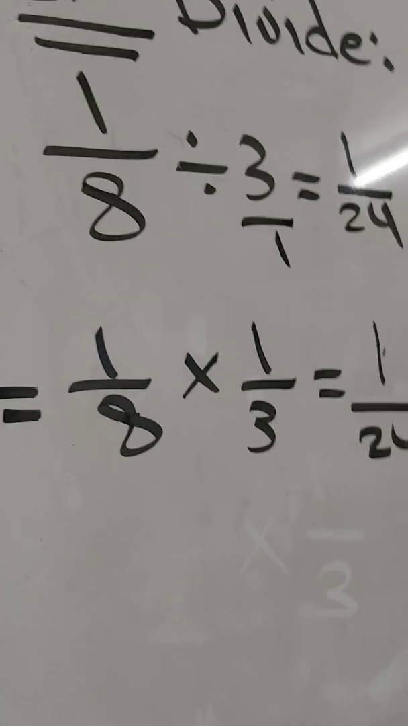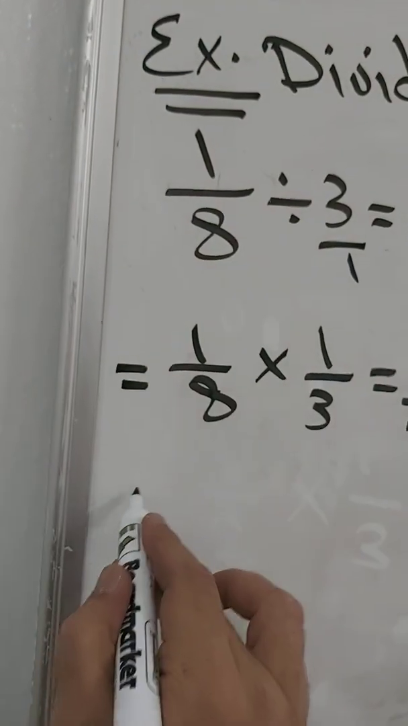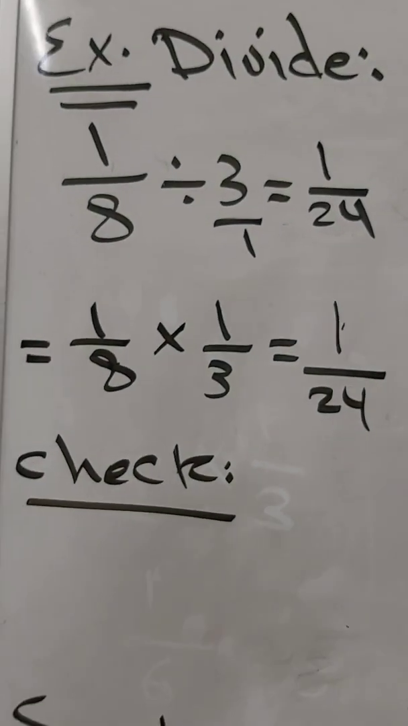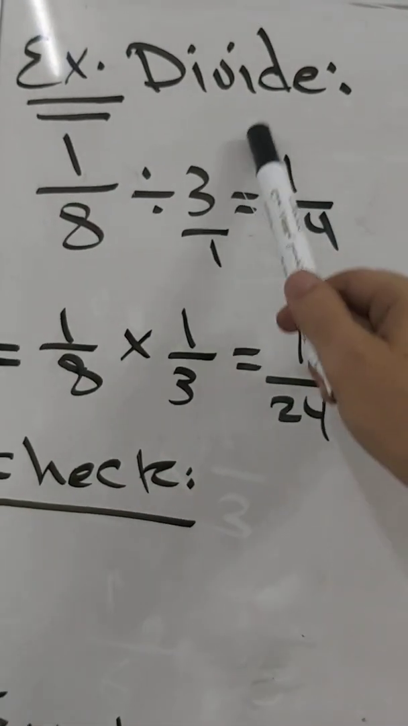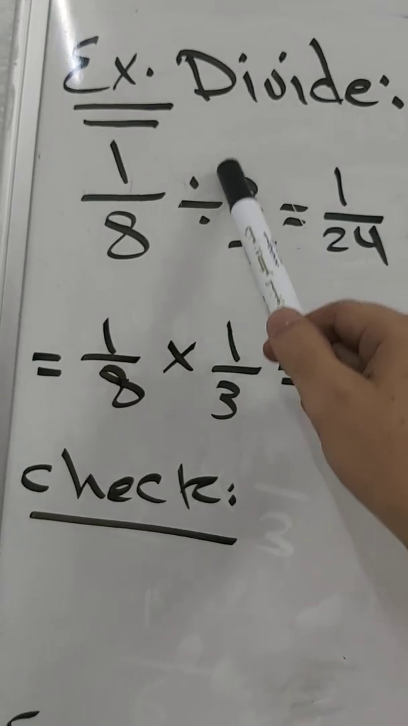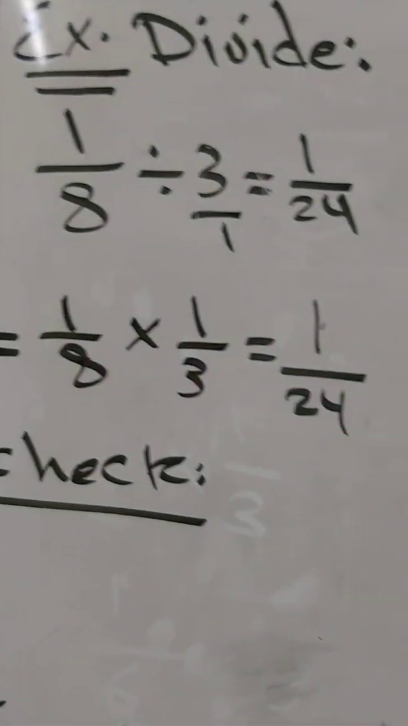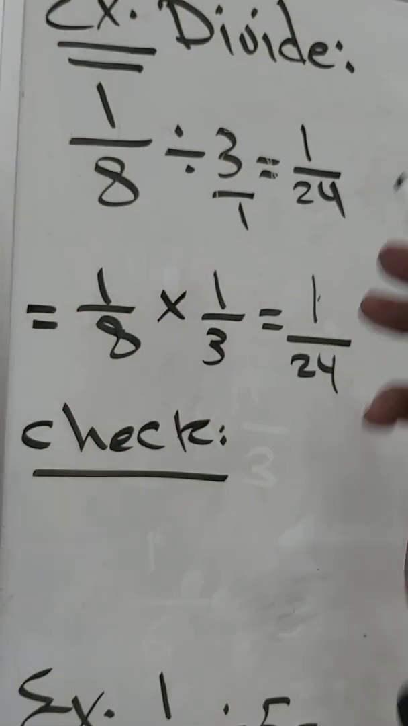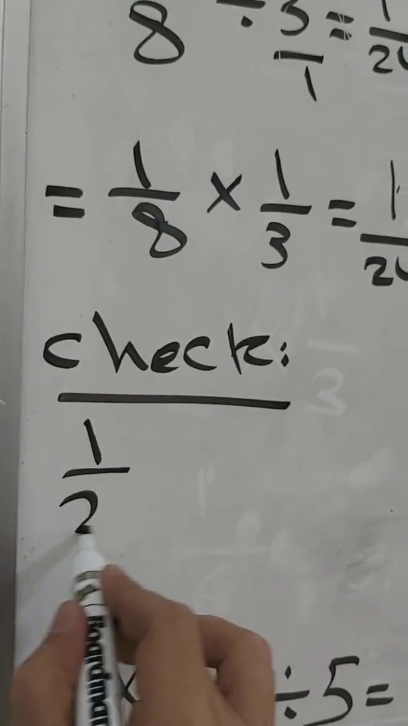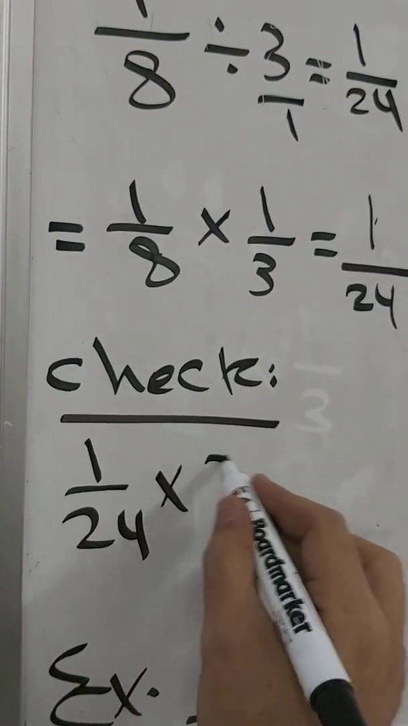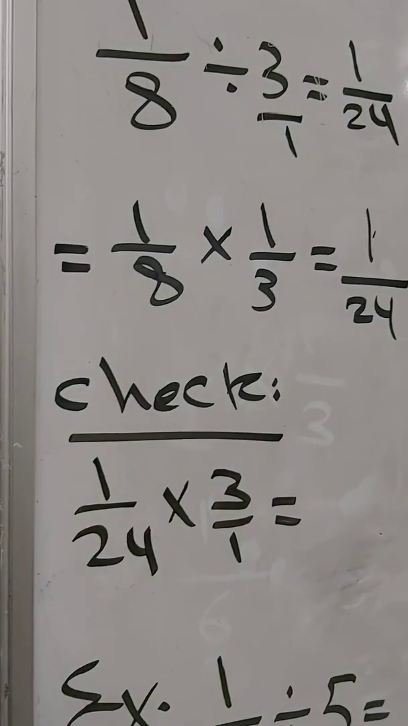Now, to check our answer, guys, what we do in the division, we multiply the quotient, this we call the quotient, by the divisor, and the answer should be the dividend. So let's multiply the quotient 1 over 24 by the divisor which is 3 over 1, and this is equal